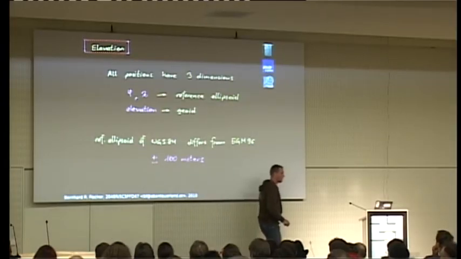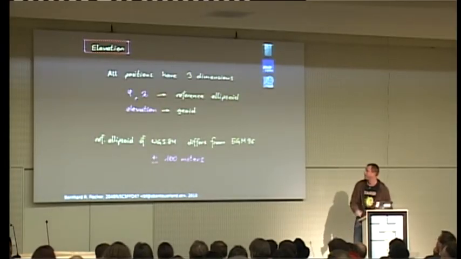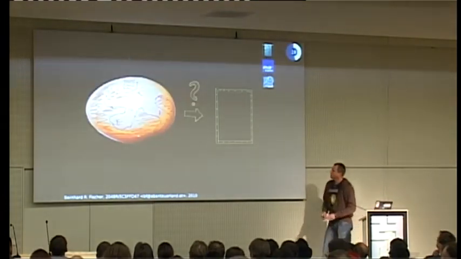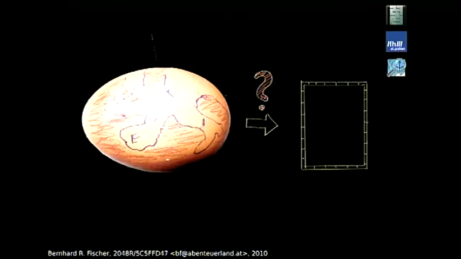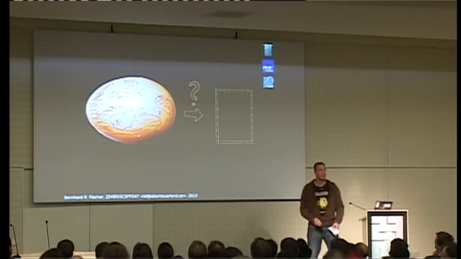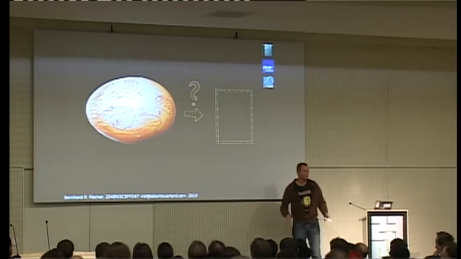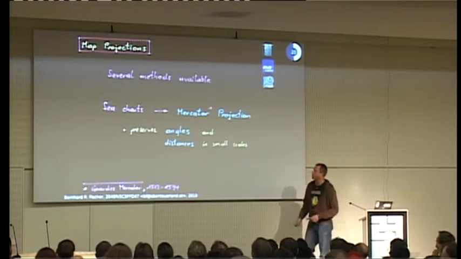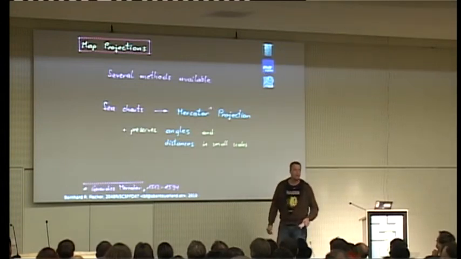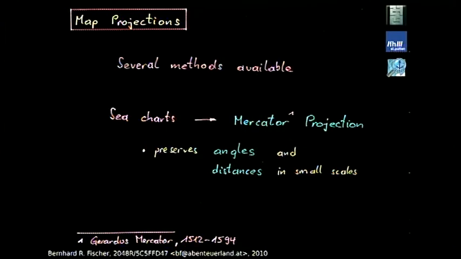Specifically if we talk about CMAPs, but we will see this later. Okay, and then there is the next problem, how to get this real picture here of Europe onto a flat piece of paper. That's a problem that is very well known, and that's what we call a map projection. We try to, let's say, project this sphere somehow on a piece of paper. There are several models available.